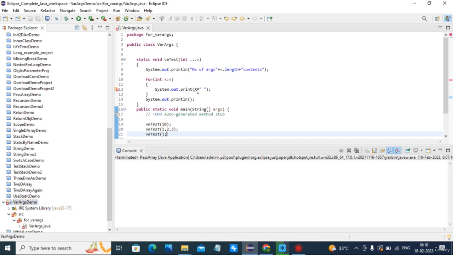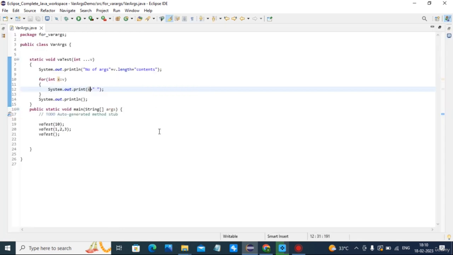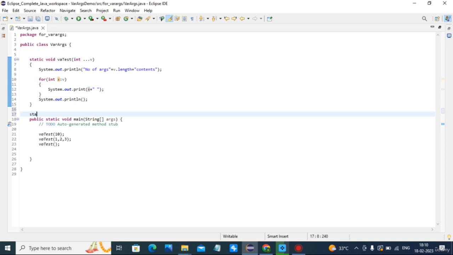So now I will run this. This is small here, sorry. Then I run this. I will have the same output. So now we will modify this with one variable number of arguments and one simple, standard argument. New method I will create: static void vaTest.